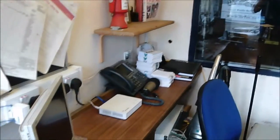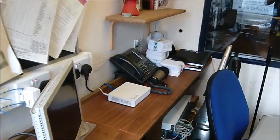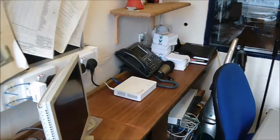Over here we have a little workstation for a technician or some technical work to be done, or maybe a basic bit of show preparing, or where a guest might wait just before they're going to come on air. If I take you through into our on-air studio now,